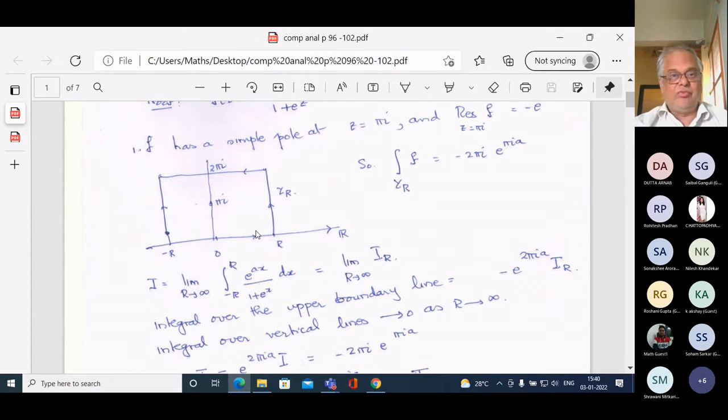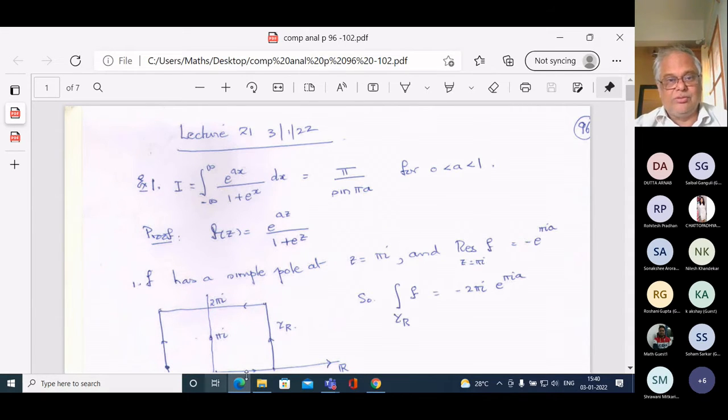What we want is the integral over the real line of the function, and therefore you enclose the real line, from minus r to r, in some contour. The contour you choose should enclose some zero or pole of f. This function is entire except where 1 plus e to the z is equal to 0, and that means z must be pi i, or n pi i.